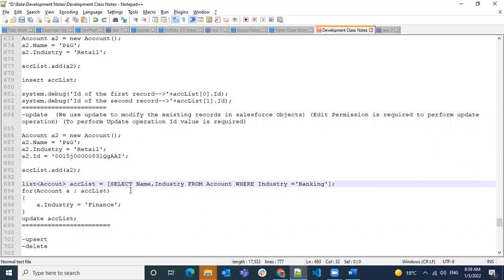So you have to have the ID here. But when you're doing SOQL queries, even if you do not mention the ID, if you print this, you can see the ID as well. So when you do a query from a SOQL query and do an update, it automatically does it for you. So you need not mention the ID specifically.